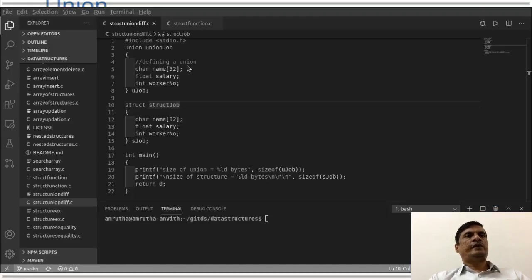So here you find a union job, where it is going to have a character array, a float, and an integer data type. You define it as u job, which is going to be a union. Similarly, the same three member variables are going to be defined in a structure. So when you estimate the size of a structure and the size of a union respectively, and print it, the size of a union and a structure with the same three member variables will make things clear. So when you run the program,